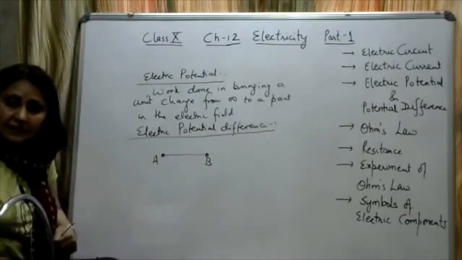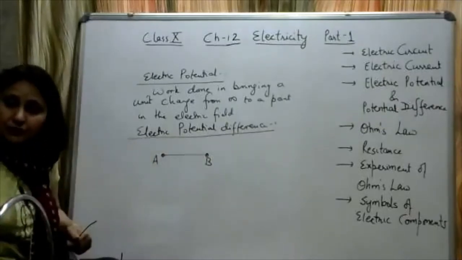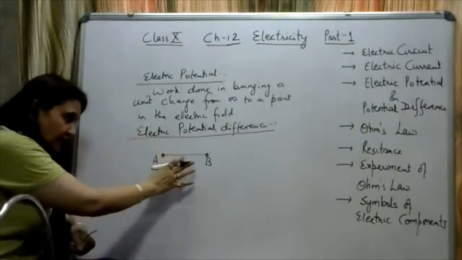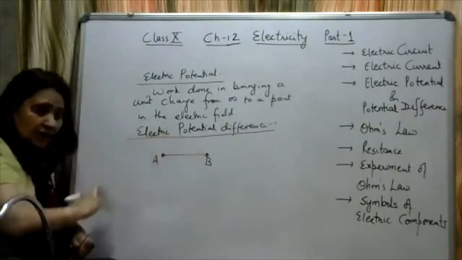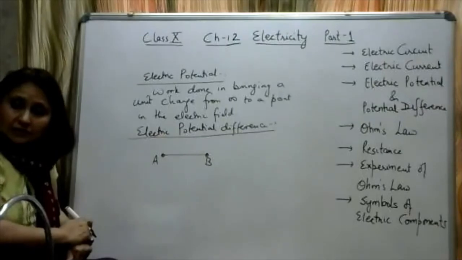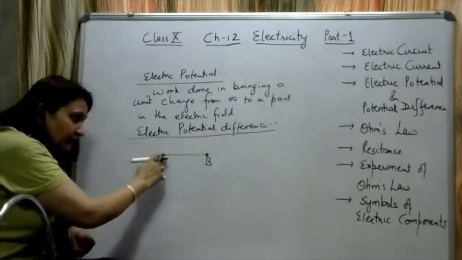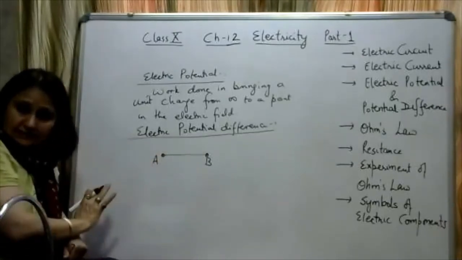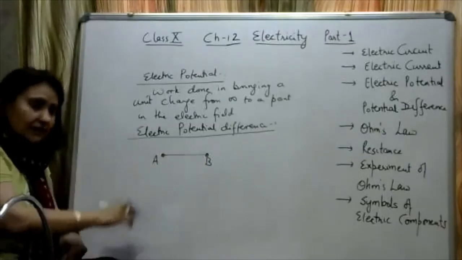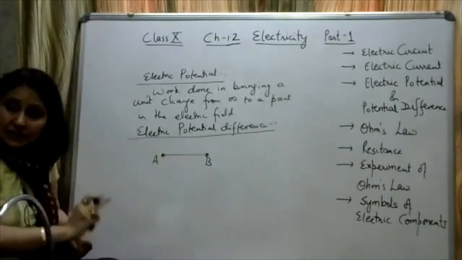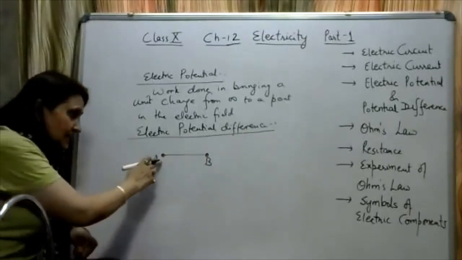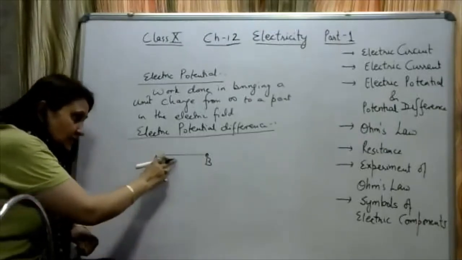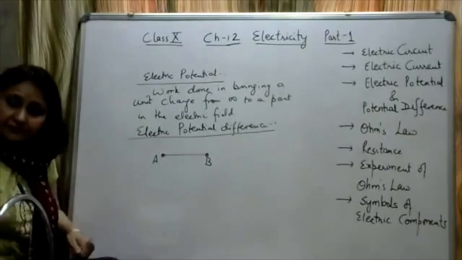When will we say that the current is flowing? When the charge is flowing from one point to the other, only then we say that the current is flowing. By itself, if the conducting wire is placed like this, the charges will not flow from one point to the other. Some potential difference has to be applied between these 2 points. If the conducting wire is placed like this, it is not connected in an electrical circuit. Both the points will be at the same electric potential, that is, there is no potential difference between the 2 points. The charges will start flowing whenever the potential difference is applied.